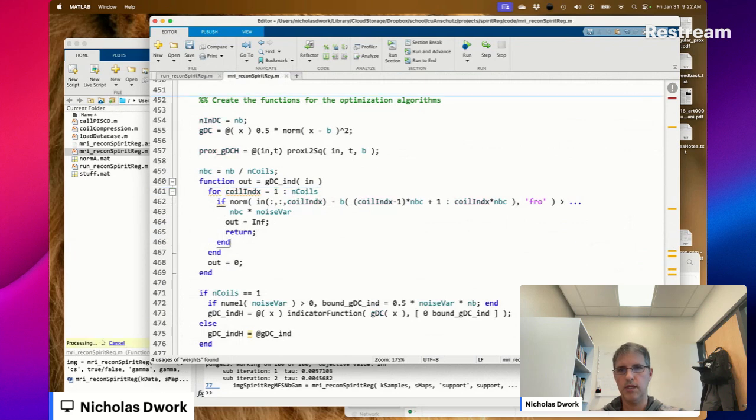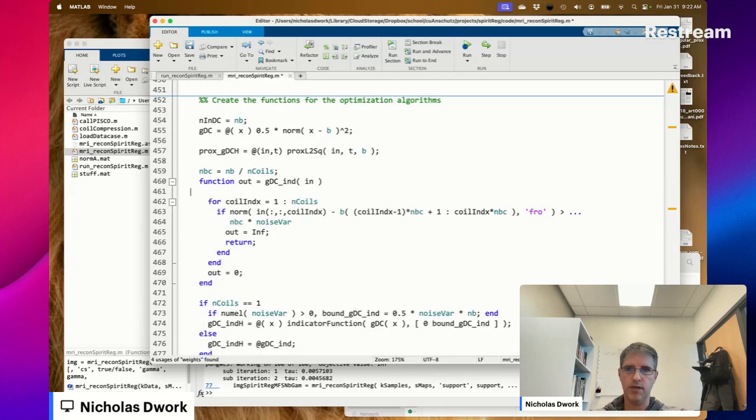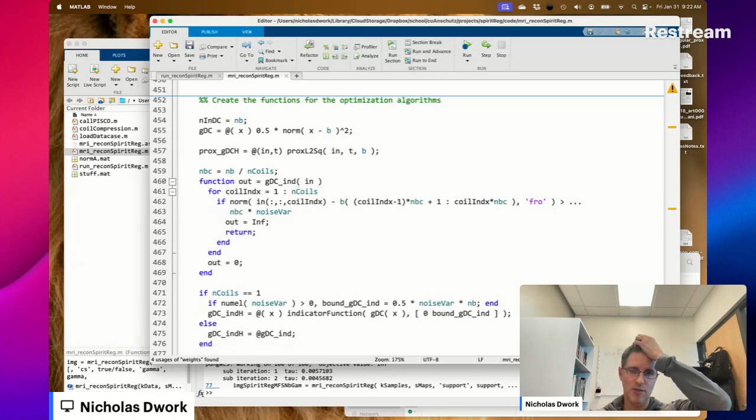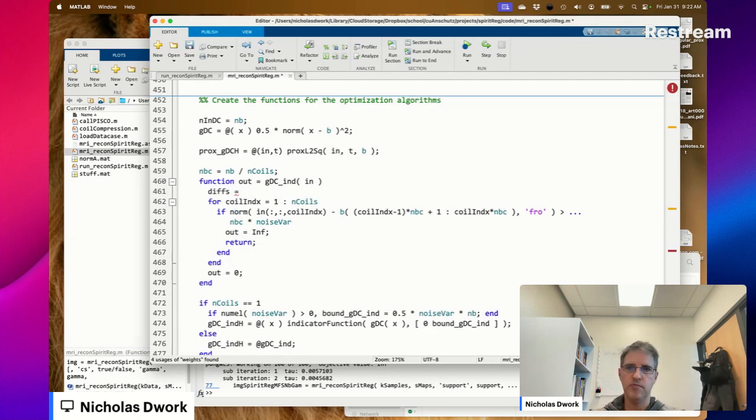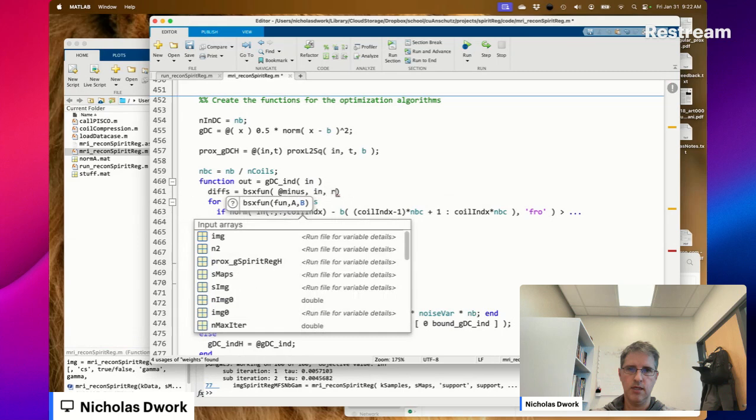Oh, and okay, let's see if we can... no. Diffs is equal to PSX fun at minus in reshape coil index and coils.